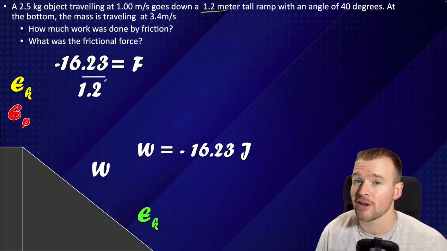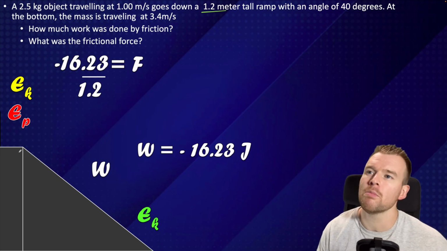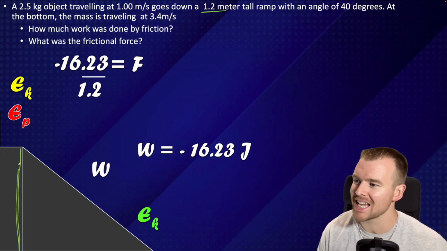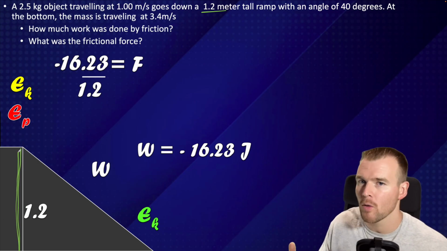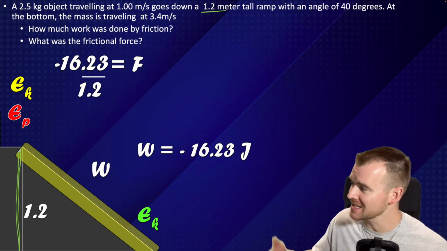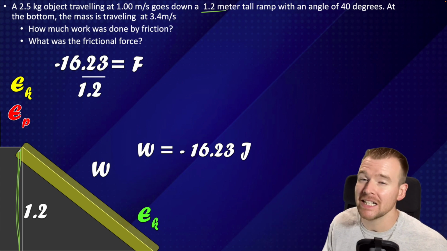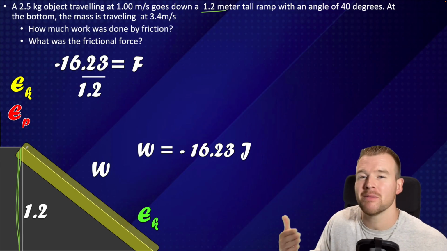But if you plug that in, you're actually going to get the wrong answer. Why are you going to get the wrong answer? Because it's a 1.2 meter tall ramp. That's this height. That's that number right there. That'd be the 1.2 meters. What distance does the friction act over? It's that distance right there. It's sliding along the ramp. So it's common for students to look and see a 1.2, throw that number in, but they didn't consider really